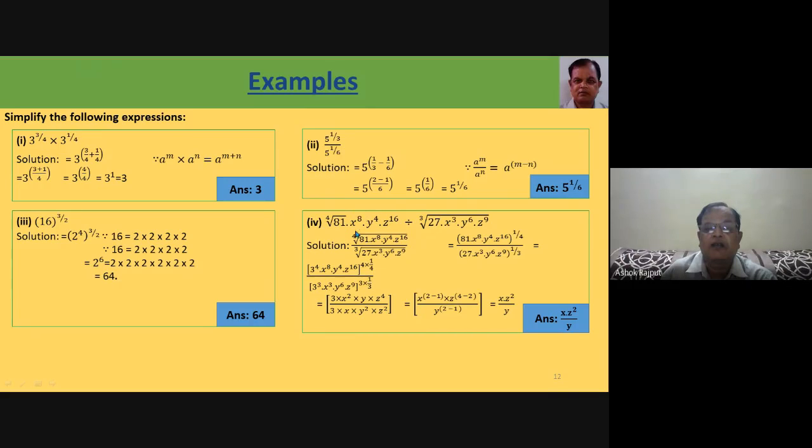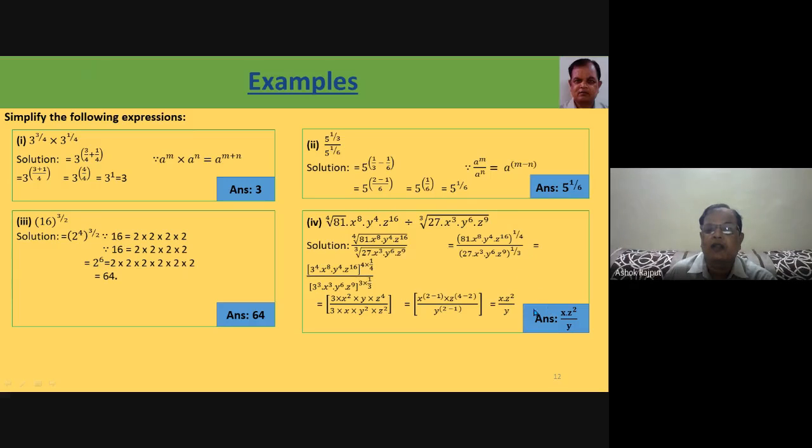Because we want to divide this one by this one, we will write this one in the denominator and that one in the numerator, and first we copied it. 4 under root 81 x raised to the power 8 y raised to the power 4 z raised to the power 16 by 3 under root 27 x raised to the power 3 y raised to the power 6 z raised to the power 9 equals this. Here the powers are 4, 8, 4, 16, and because it is written under root 4 and 3, we can write it as 1 by 4